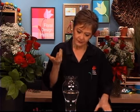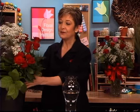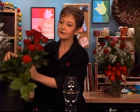You can also update your roses, give them a little bit of panache by just switching materials slightly. Enhance your standard rose, baby's breath, leather fern, salal, that selection with maybe some curly willow, possibly a little bit of pussy willow. Something as simple as bear grass, or change your vase. Little touches can make a world of difference. Another simple approach is just to take your standard dozen roses